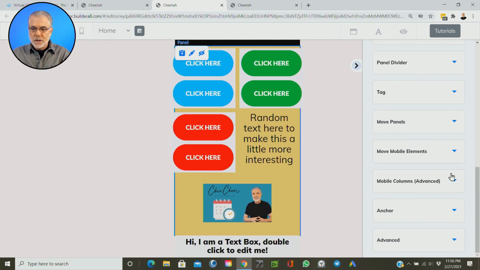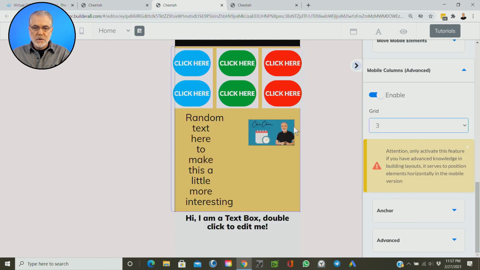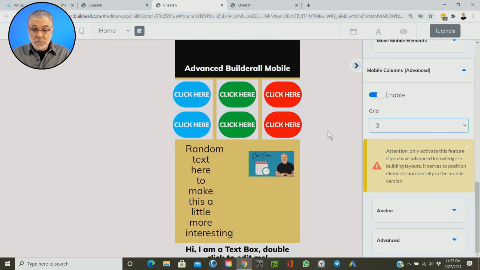Click on here and we'll go to mobile columns. We'll click on number 3 and there you go. This is not a good look right here. And how could we fix this if I wanted to? Personally, I don't think I'd want 3 columns across on mobile. I think it would be way too confusing. So, the only thing I could do is maybe shrink. If I really had to have this 3-column across,